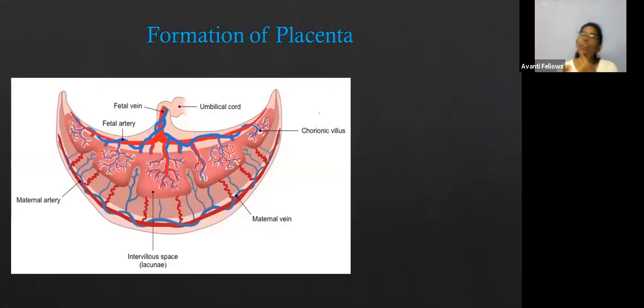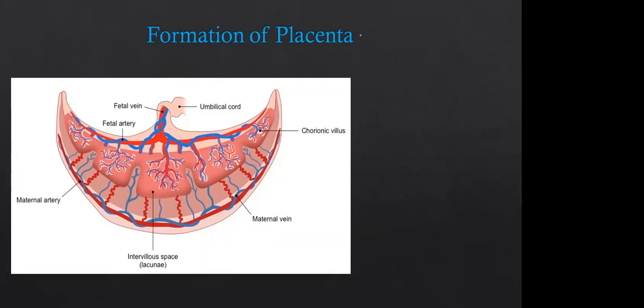So, so far we have seen how the zygote is going to be converted into a morula, morula to blastula, blastula to gastrula. Meanwhile, the implantation has also taken place. Now, we are going to study about the placenta. Okay, do you have any idea about the placenta? If you have any idea, you can say here.